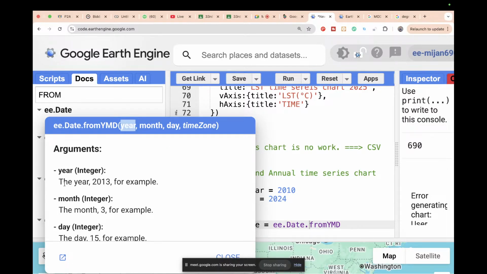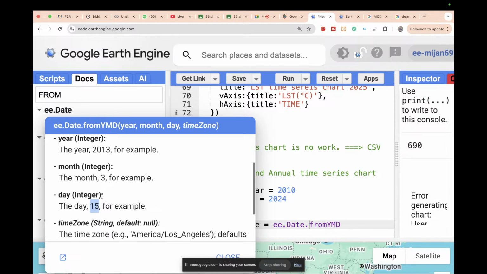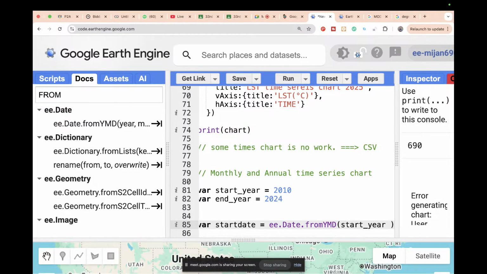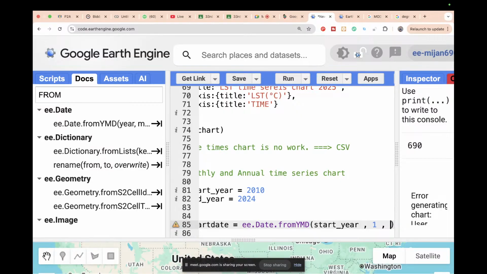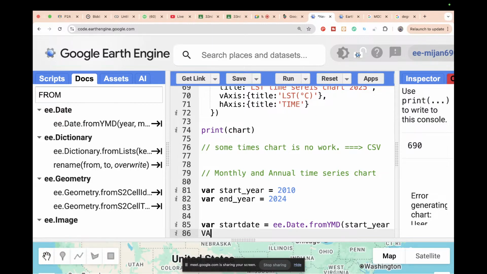Suppose you can check. I put the year 2013, month March, and day 15. So we can simply put this type of value. So just we try to put the time. For the start date, it will start from the start year, suppose 2010. I put the first month, mainly January, and the first date, and take another variable, the end date, and I put here ee.Date.fromYMD,